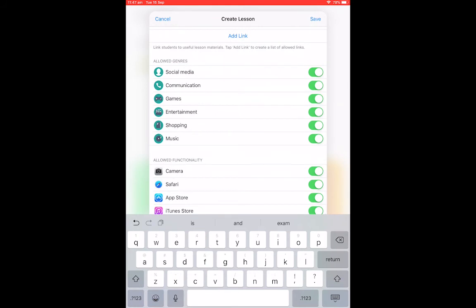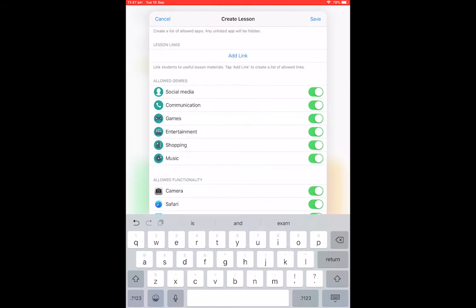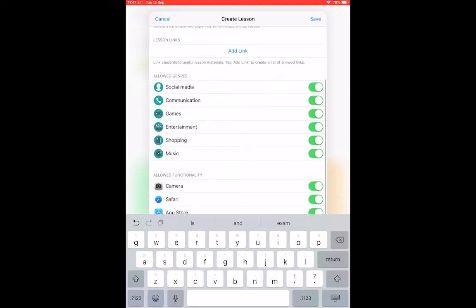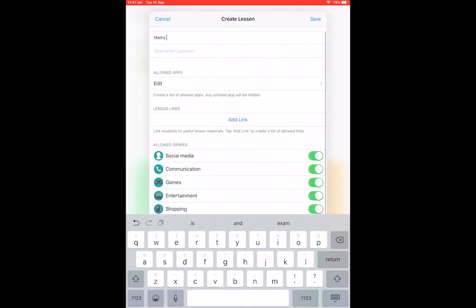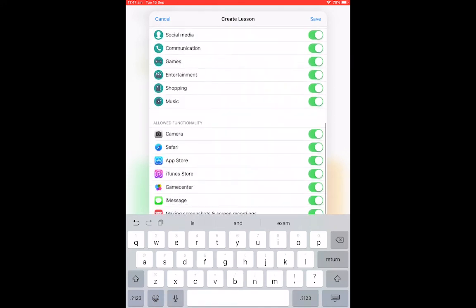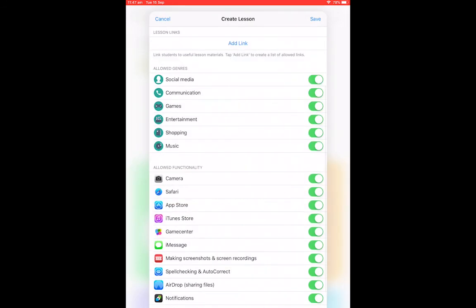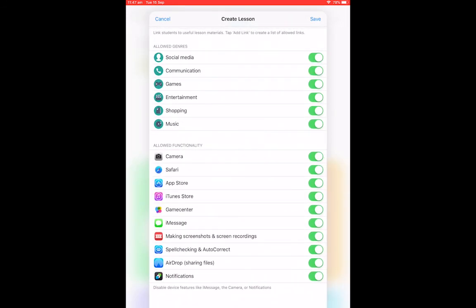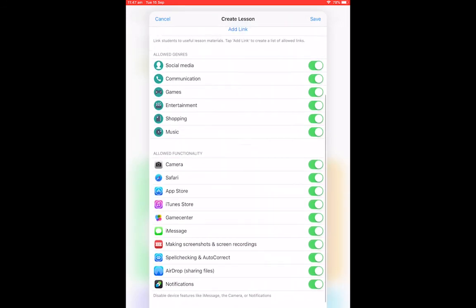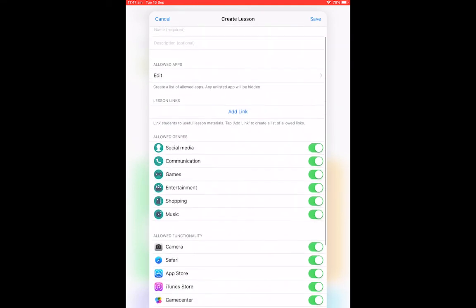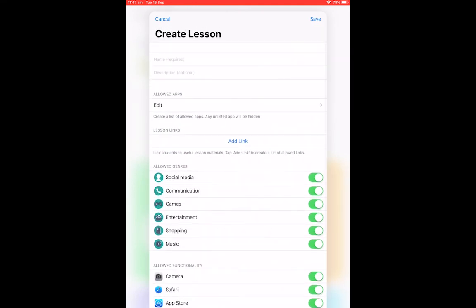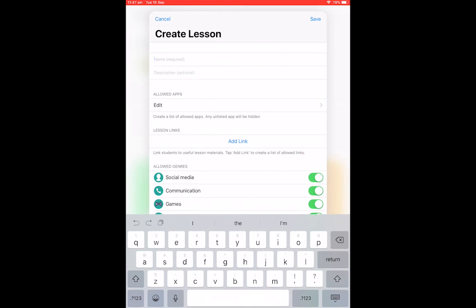Here, JAMF has grouped certain types of applications together into genres such as social media, communication, and games. So instead of adding individual apps, you can block those certain genres, and the same with functionality of the device. So we can see down the bottom here that apps such as Camera, Safari, App Store are allowed to be blocked and enabled. From here, if you want to create the lesson, click Save in the top left corner,